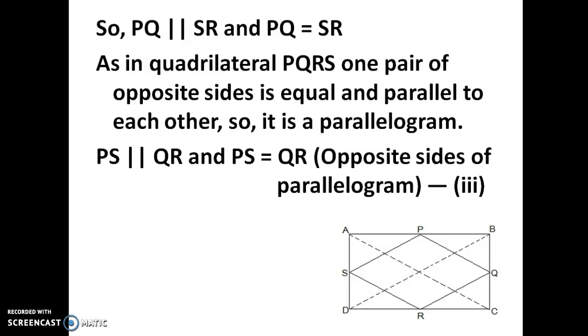So PS is parallel to QR and PS is equal to QR, opposite sides of a parallelogram. In a parallelogram the other two opposite sides are also parallel and equal. Then in triangle BCD,